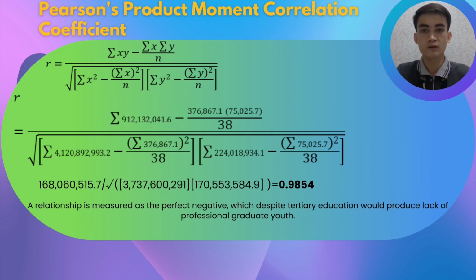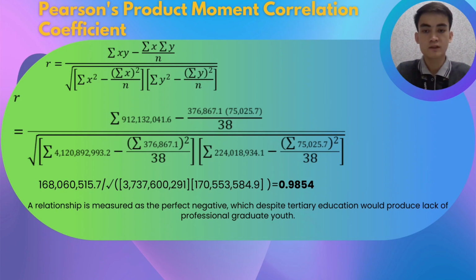The next one is the Pearson product moment correlation coefficient. The first step is sum XY minus sum X times sum Y divided by n, 38. We get the answer 168,060,515.7. And second step is divided by the square root of sum X power 2 minus sum X in bracket power of 2 divided by n, 38. We get 3737600291 and multiplied by the sum of Y power of 2 minus sum Y in bracket power of 2 divided by n, 38. We get 170553584.9. So overall we get the answer